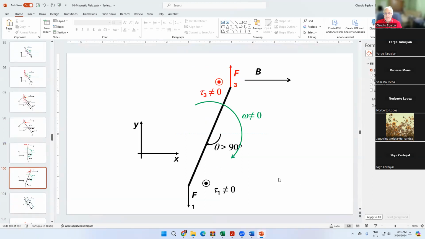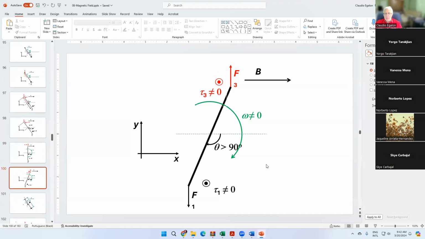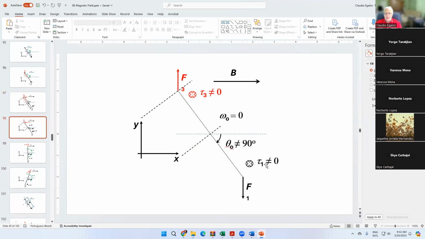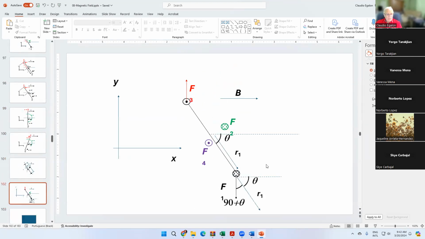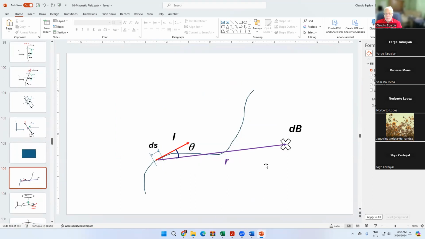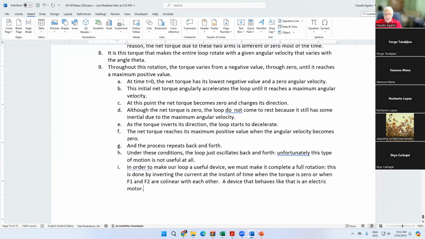And then a little bit later, because of the inertia of the loop, remember the angular velocity of the loop is different from zero, it's going to overshoot the situation, right? And the torque is going to become different from zero again, so it goes. Okay, so that's the story we have for the current loop, and now we can start talking about